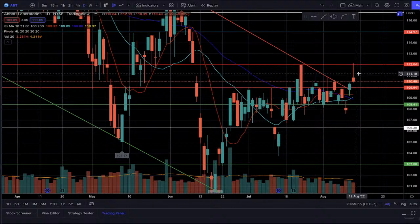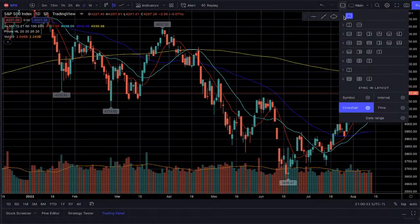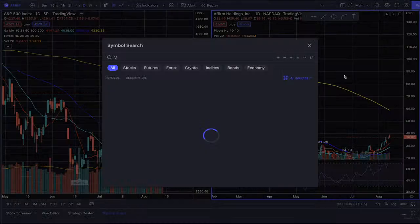So here's the thing. VIX measures volatility, right? And when you're measuring volatility, you just want to be looking at VIX. There usually is a direct correlation with VIX and SPX or SPY, because when VIX decides to go up, then SPY tends to go down. It's a direct, but inverse, relationship. So with VIX and SPX, if I put VIX and SPY, SPX side by side,